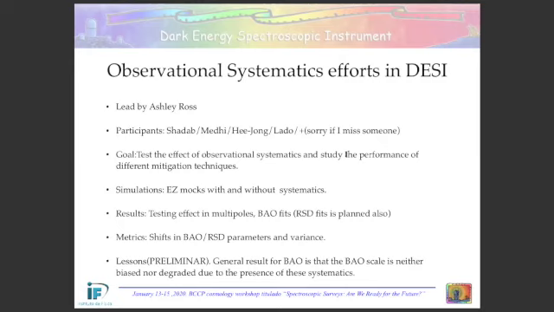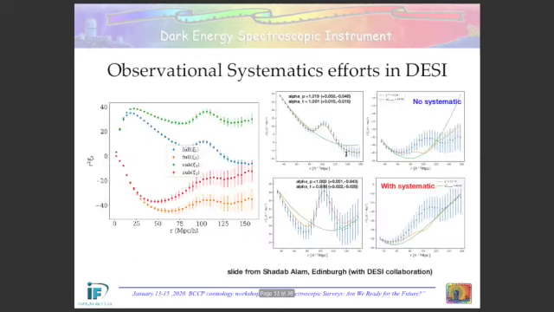For that, they are using EZmocks with and without photometric systematics for now. They are looking for shifts in the BAO. This is still work in progress. There are very, very preliminary results I'm going to show, but it's just an example. It's not conclusive. Just the mocks with and without systematics, and the first fits that we are performing without any mitigation or correction are giving non-biased results. So we really expect that once we also include these mitigation techniques, it's going to be even better.